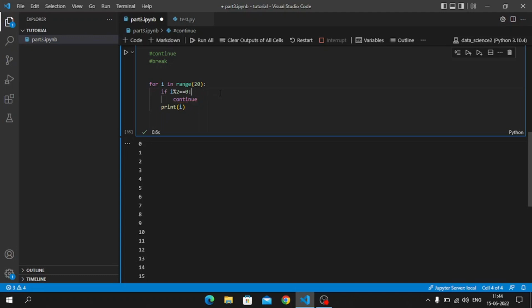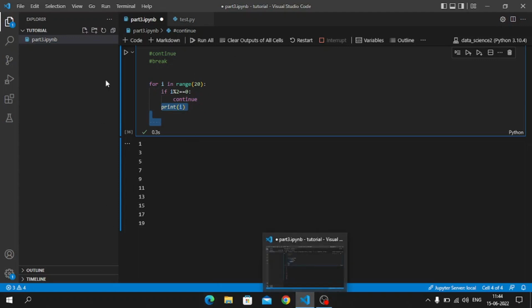Similarly, we are checking here for even numbers. So if I is coming to 2, let me just run it. So if I is coming to 2, so 2 mod 2 equal 0, then it's going to go inside the if condition and then the continue statement is going to be applied. Now what continue is doing, it's saying that ignore everything written below in the for loop, and then increment the I value